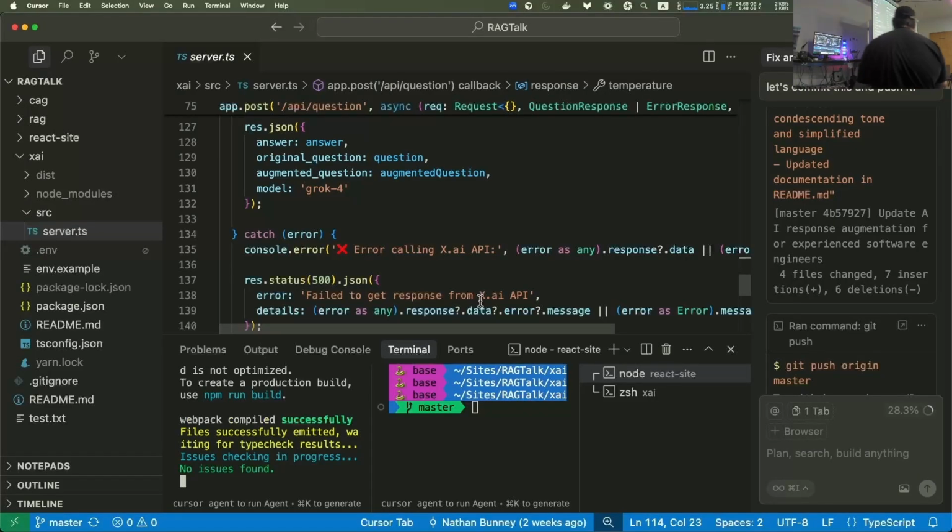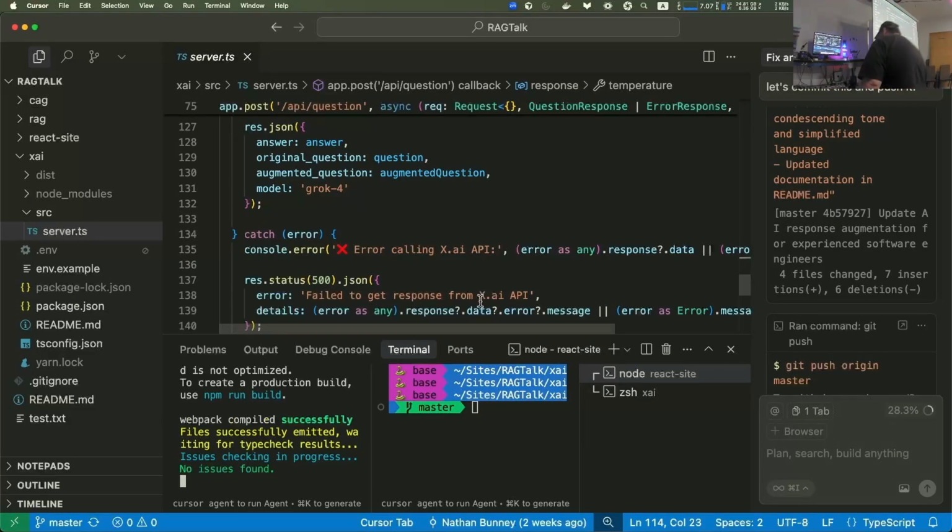So let's go over here, and over here, yeah, this is the XAI server. So this is really simple stuff here. Should I reduce the size to get more on the screen, or is that a good size for you guys? You can. Okay.